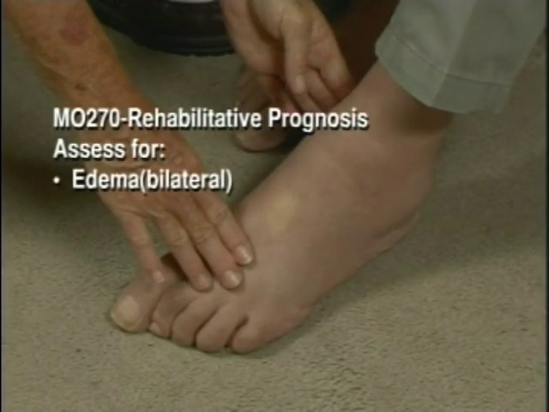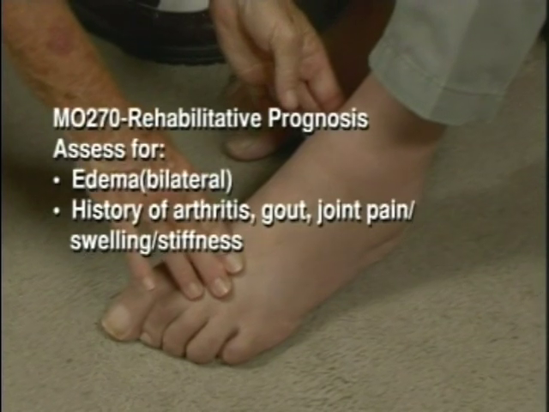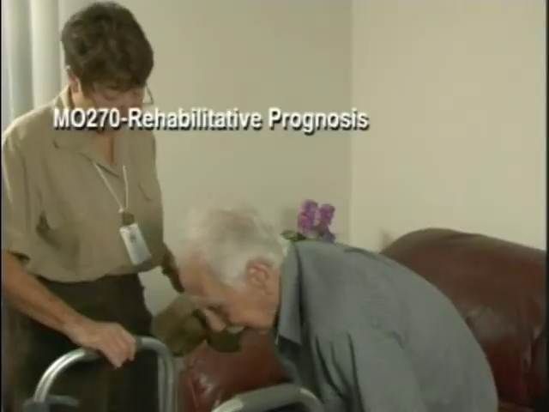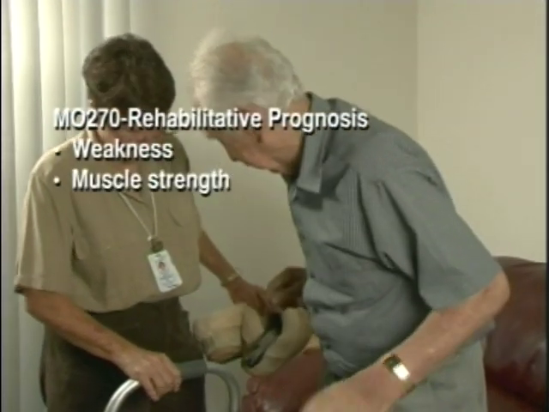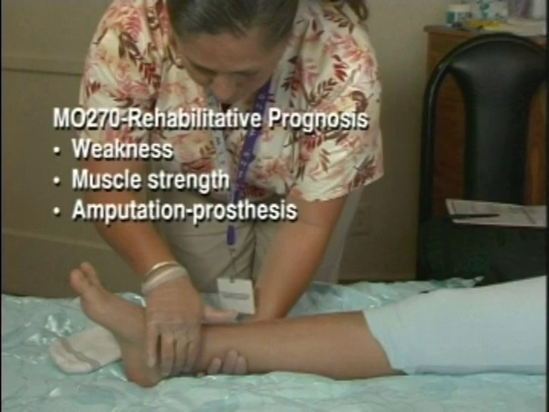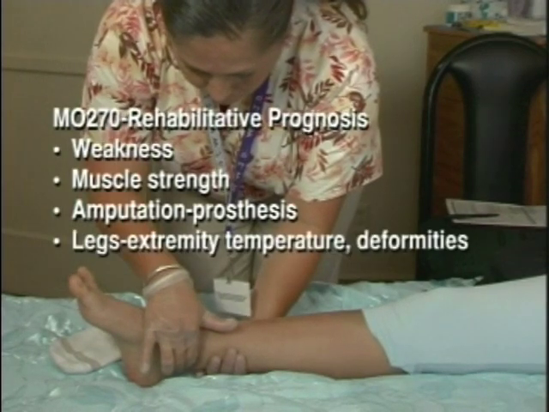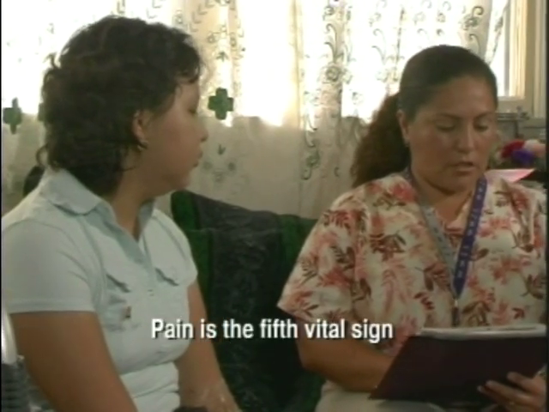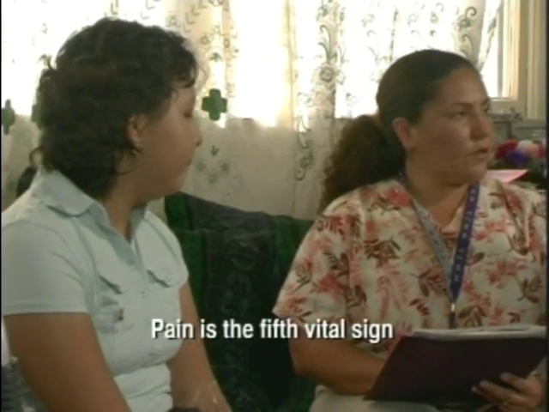Assess for edema. Assess for any history of arthritis, gout, joint pain, swelling, or stiffness. Assess for weakness, muscle strength, the presence of an amputation or prosthesis. Observe the legs, including extremity temperatures and deformities. In many states, pain is now considered to be the fifth vital sign and is a required component of the